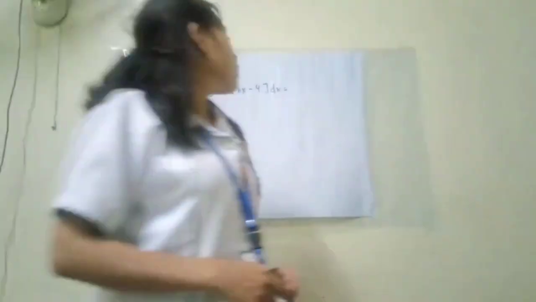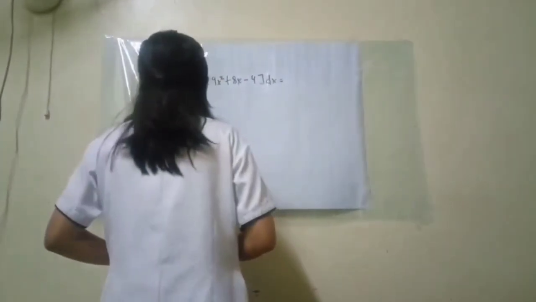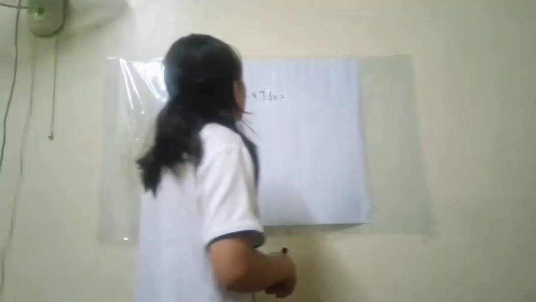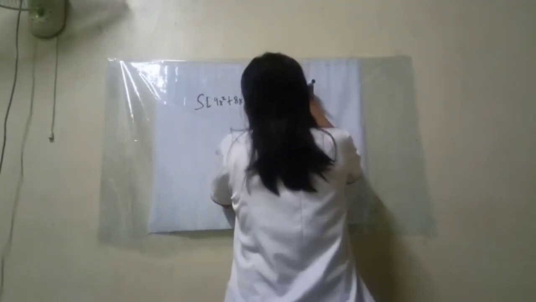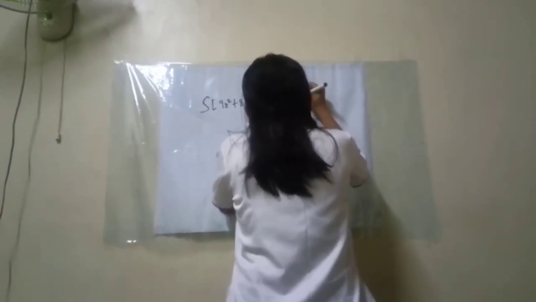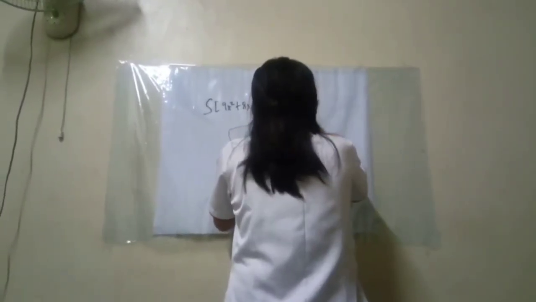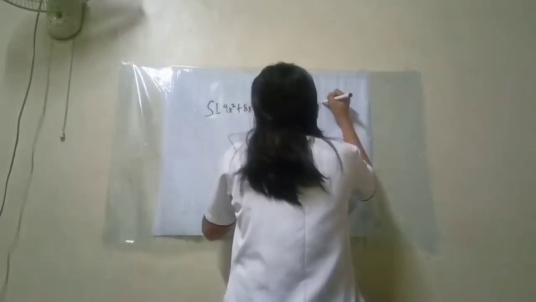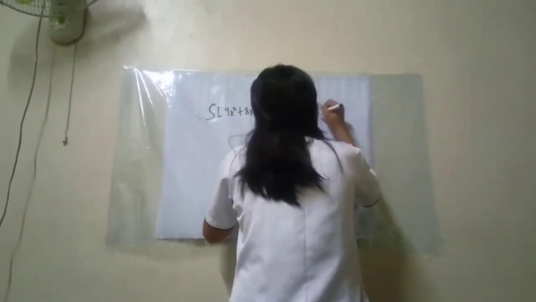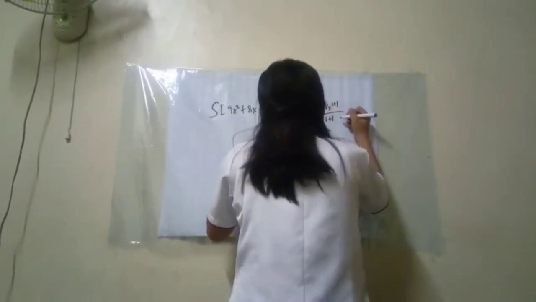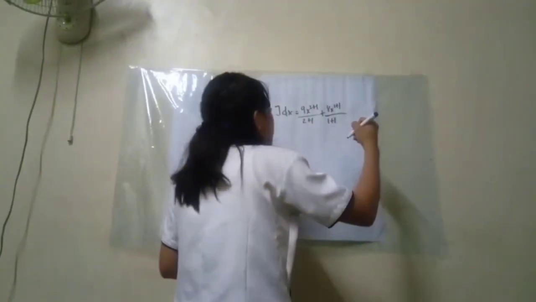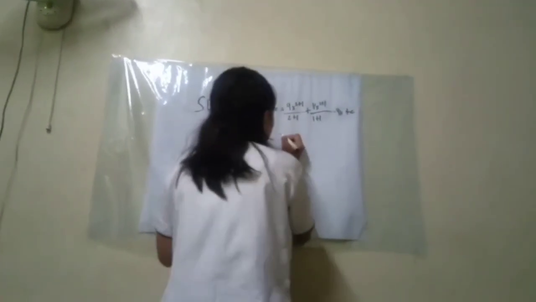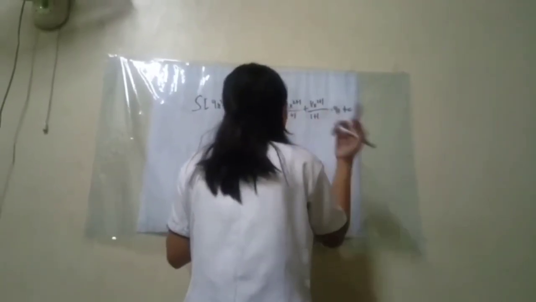This is a trinomial. So if you want to find the antiderivative, the integral of 9x squared plus 8x minus 4, then we're just going to add 1. So it's going to be 9x squared plus 1 divided by 2 plus 1, plus 8x, 1 plus 1 divided by 1 plus 1. Then we're just going to add x to negative 4, and it will be negative 4x plus c. And the next thing we're going to do is we're just going to add them.